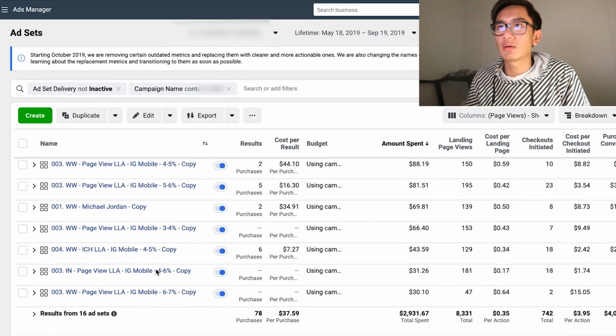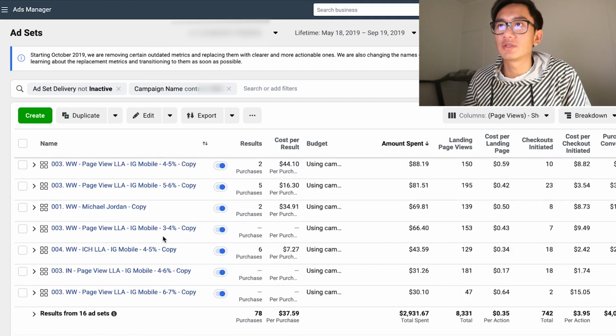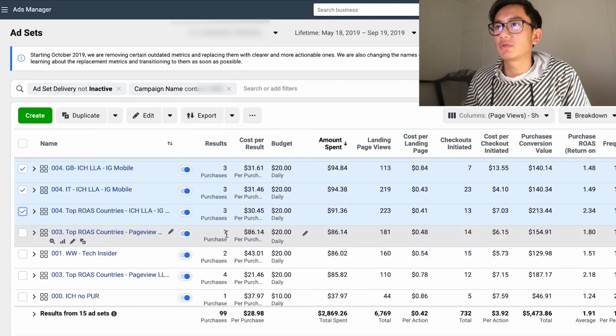German, initiate checkout in here. Nope. UK, these 3 are pretty good. Anything that says top countries, nope. So I'm going to duplicate this. This one